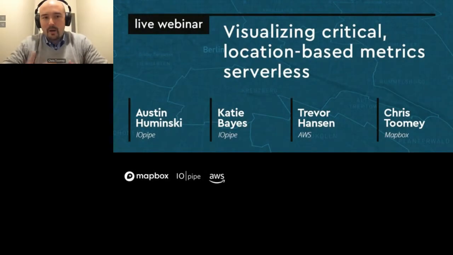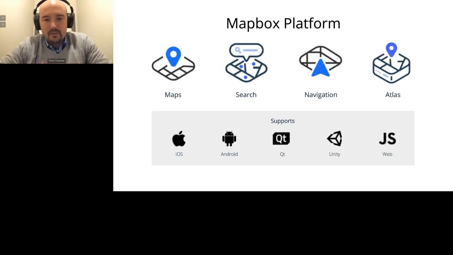So who is Mapbox and why are we all talking about this? The Mapbox platform is a developer platform comprised of 4 core components. We have maps, like we just saw, that includes data and technology for styling and rendering. Search, this is forward and reverse geocoding. Navigation, this is routing from place to place, multi-stop optimization, as well as Atlas, which combines our core components and brings them onto your own on-premise scenarios.